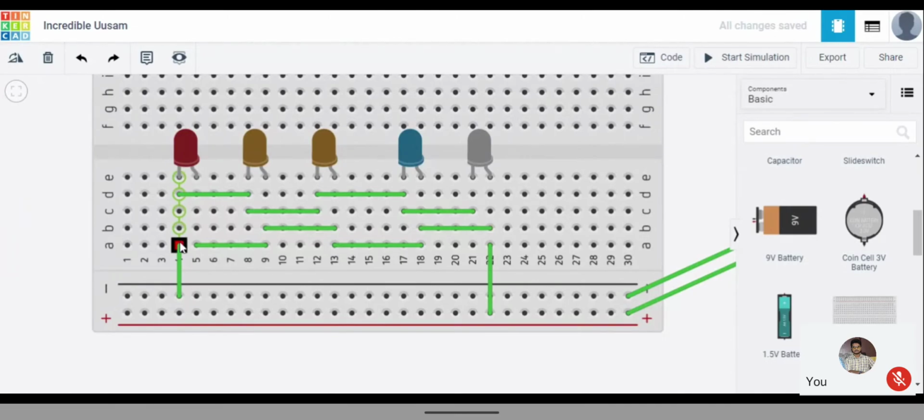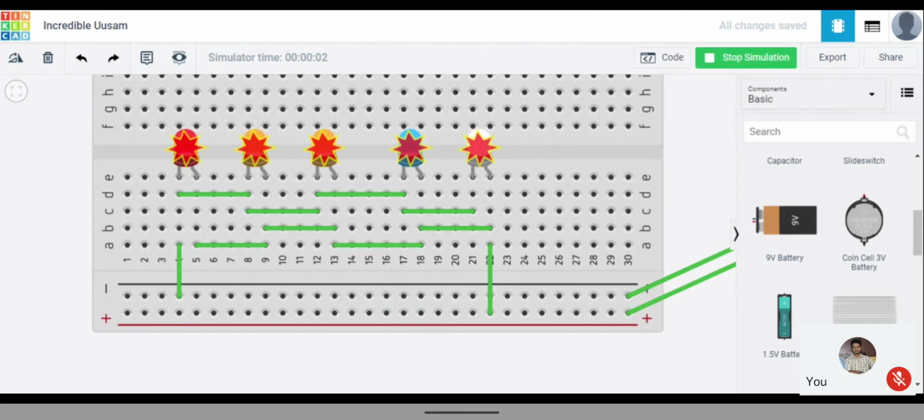So what I'm doing is taking one point to the negative and this one to the positive. The battery is already connected, so the whole line is positive. This positive is connected here, so from here it passes current to the anode, and also to another anode and the next anode. So it passes through all the anodes. In the same way, the negative is connected to all the negatives. If the connection is clear to you, I'll start this and we'll see.